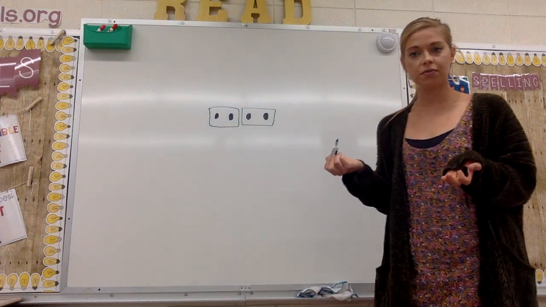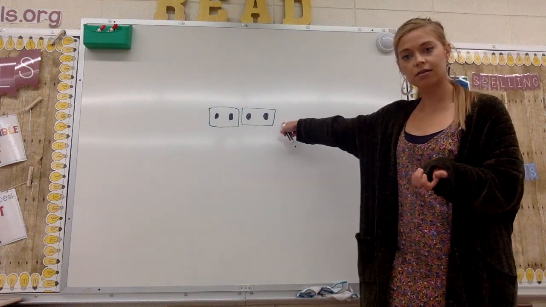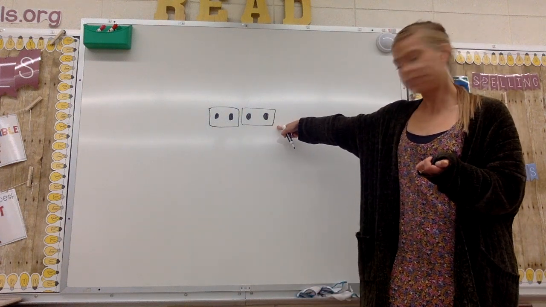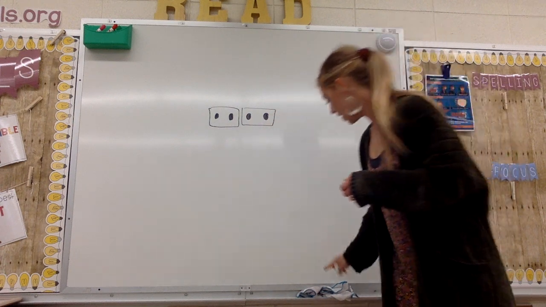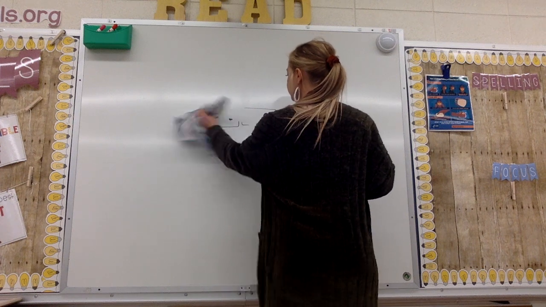There's 2 groups of 2. Is there any left over? No, there's none left over. So 4 is an even number. All right, now,